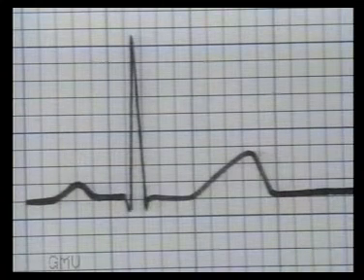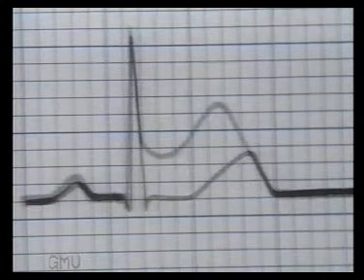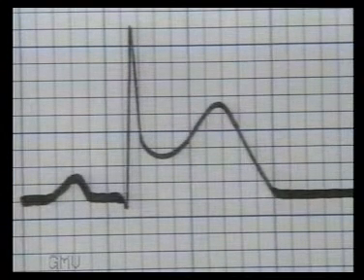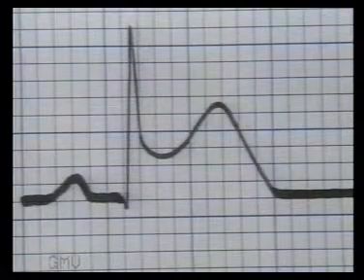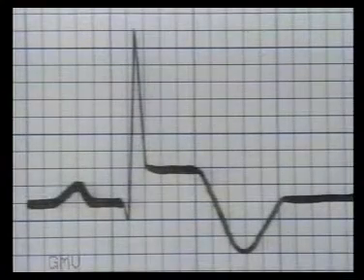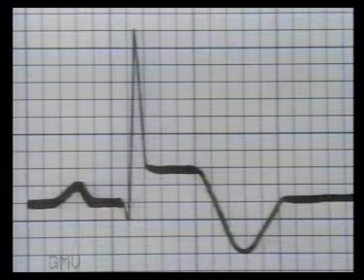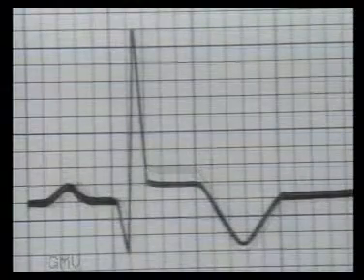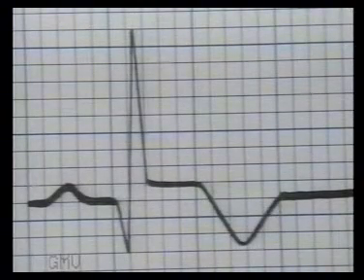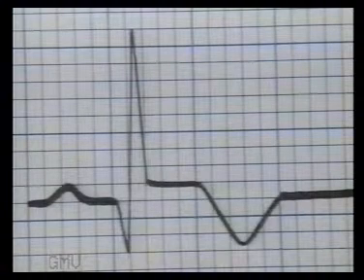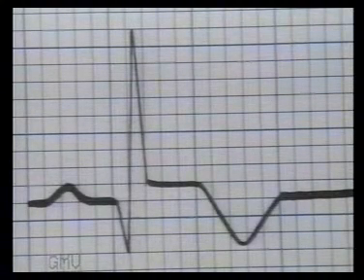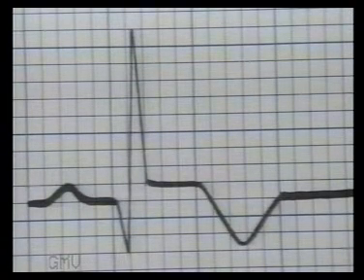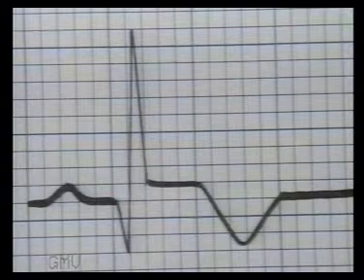Now let us study the events in chronological order. On the first day, the ST segment will be elevated with upright, tall T wave but no Q wave. Over the next 2 days, the T wave will slowly become inverted. ST segment is still raised. Towards the end of the first week, the ST segment will be returning to the base level. The T wave will be deeply inverted and Q wave starts appearing. The T wave is typically pointed and inverted with symmetrical limbs.